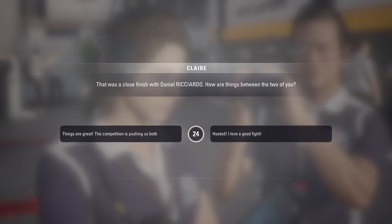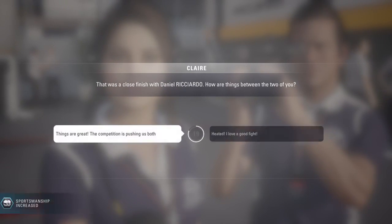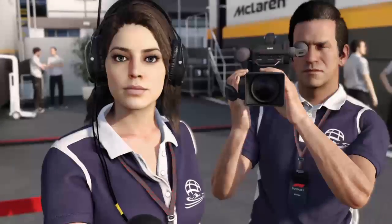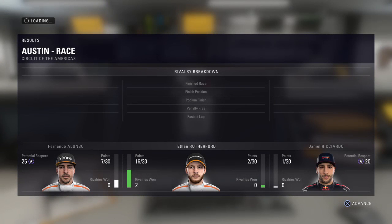That was a close finish. How are things between the two of you? It was a good race with Ricciardo. He got the better of me this time, and I admit it was a real good run from him. He drove it very classy. It was a very classy race from him. And I hope to see if he can bring some competition. It's funny because I just made him my rival,